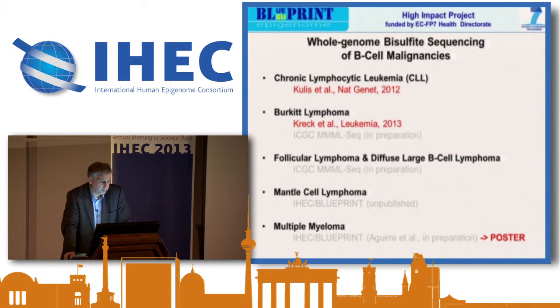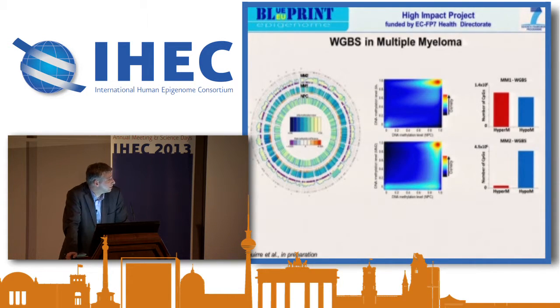Within the work package, we are dealing with chronic lymphocytic leukemia, and the data has been published by the Barcelona group already last year. In Germany, we predominantly deal with Burkitt lymphomas and follicular lymphomas, as kind of a German ICGC project. It's a joint effort on mantle cell lymphomas, and there is a poster on multiple myeloma outside, which I briefly would like to summarize, because in this